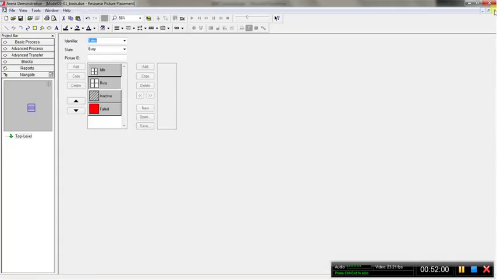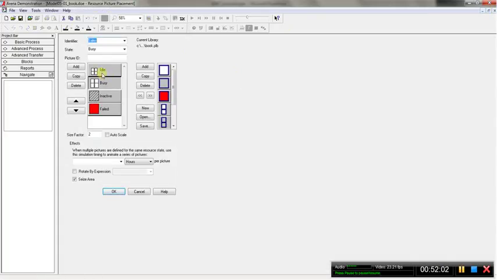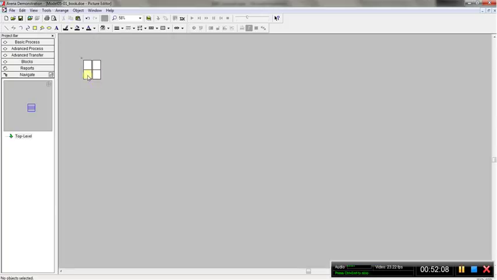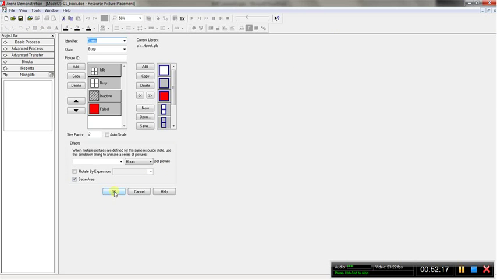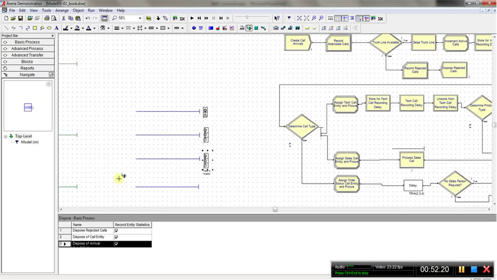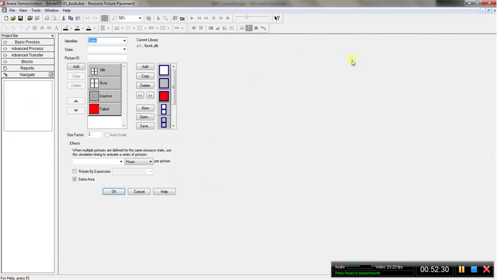And now I have the idle and the busy. And I'm gonna place it here and maybe just move it a little bit. Change my seize area so I have 4,